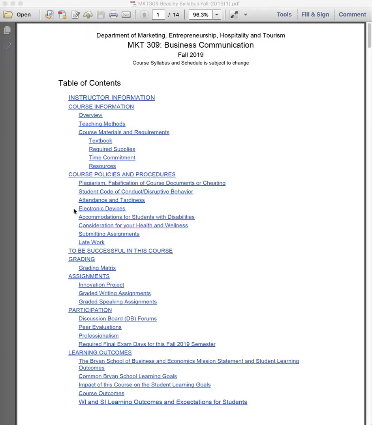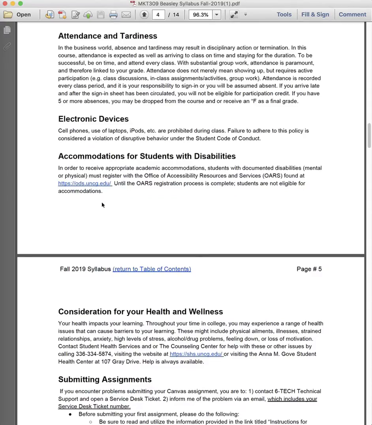Okay, so going back to the table of contents here, attendance and electronic devices are two very important areas. Let's pop into that really quick. If you attend all the classes, you are likely to pass with a decent grade. If you have 5 or more absences, then you risk the possibility of either being dropped from the course by me or receiving an F for the final grade. So do try to get under 5